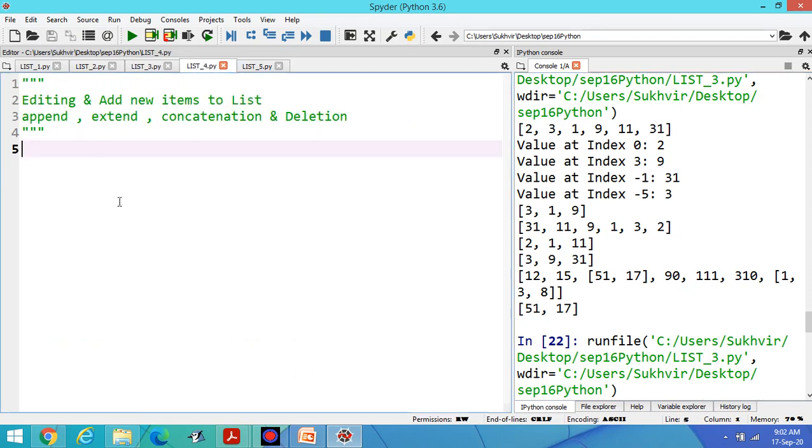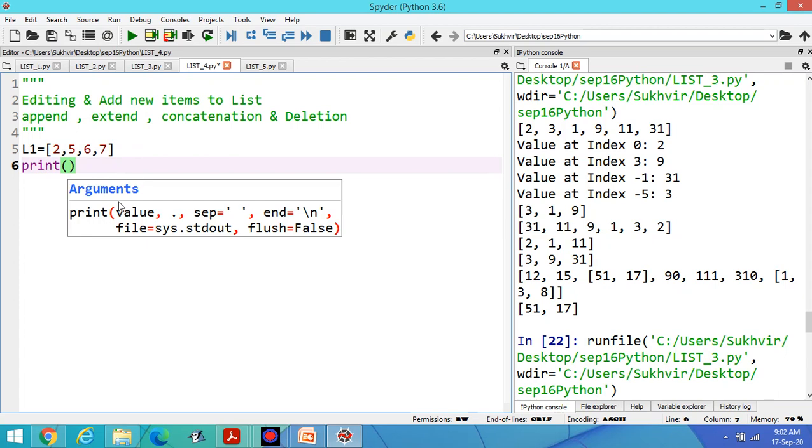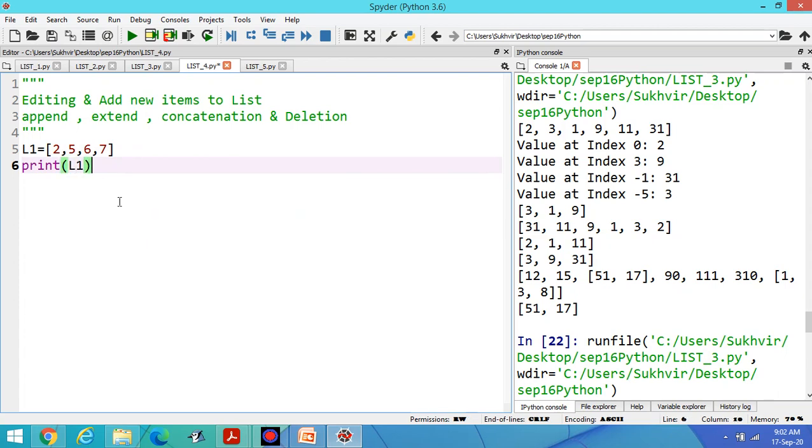Now the next one, editing, add new item in the list. How to add new item inside the list? Suppose L1 is the list. These are the elements. In the first step, let's print L1.